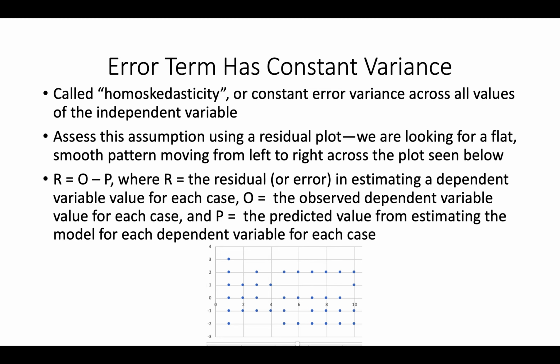A really important assumption is that the error term has constant error variance. This is called homoscedasticity, which comes from the Greek words homo, or same, and skedanumi, or scatter. The reason that this is so important is because if we do not observe constant error variance across all values